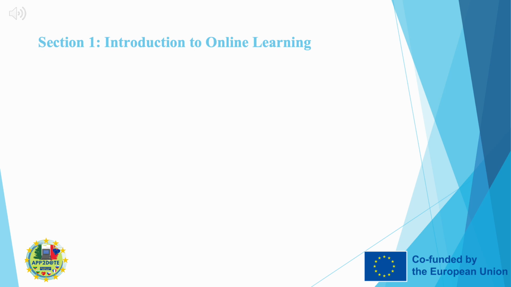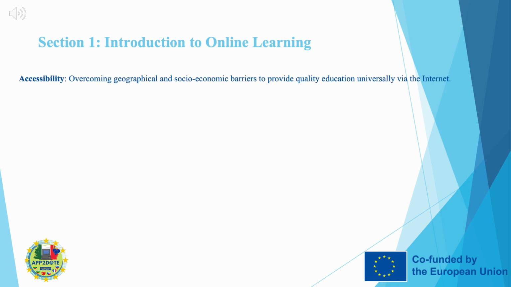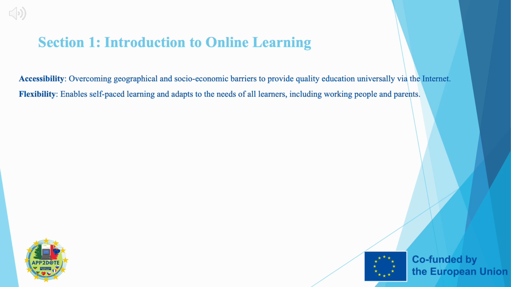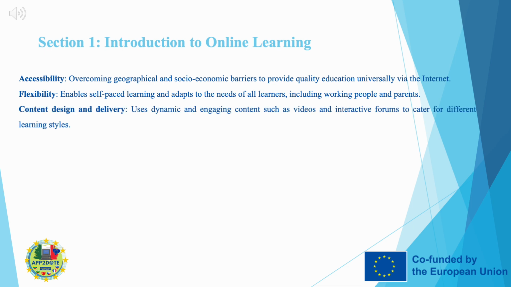Section 1. Introduction to online learning. Accessibility. Overcoming geographical and socio-economic barriers to provide quality education universally via the Internet. Flexibility. Enables self-paced learning and adapts to the needs of all learners, including working people and parents. Content design and delivery. Uses dynamic and engaging content such as videos and interactive forums to cater for different learning